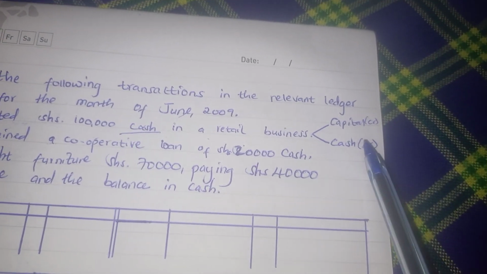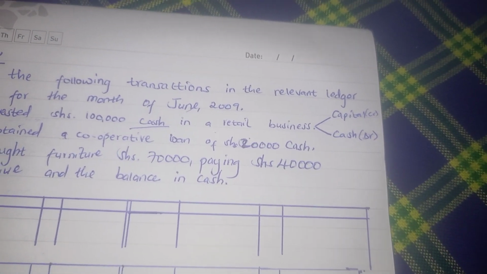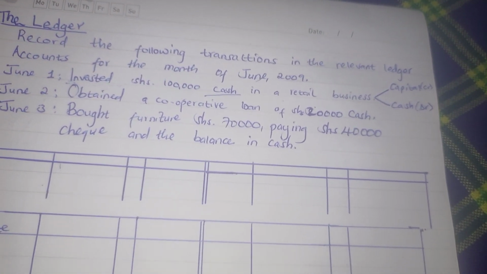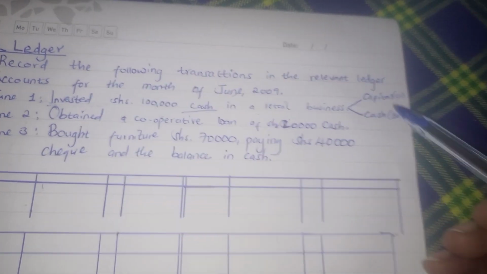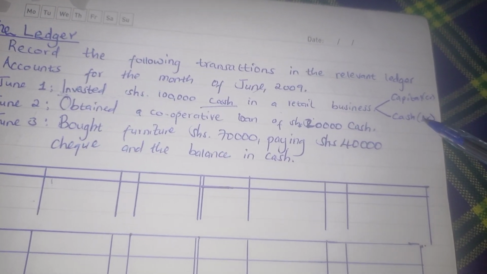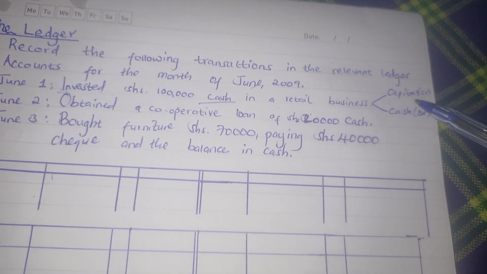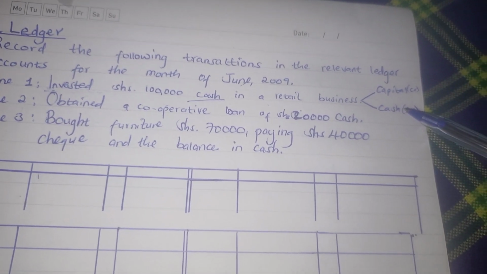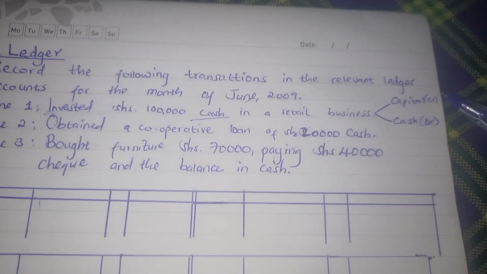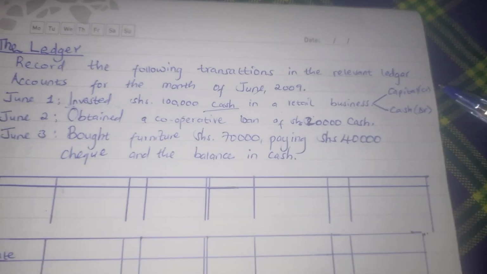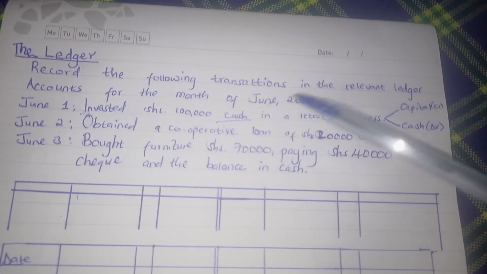And learners, looking at that clearly, we've been able to fulfill the rule of double entry, whereby in one transaction we have an account to be debited and an account to be credited. So we move on to our next